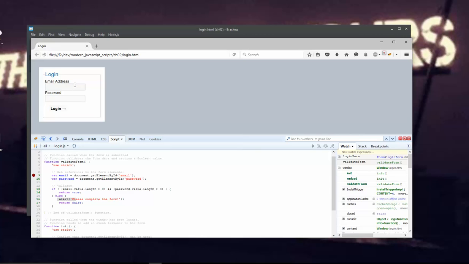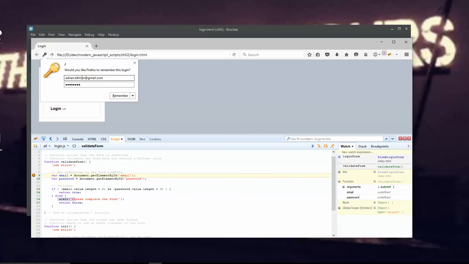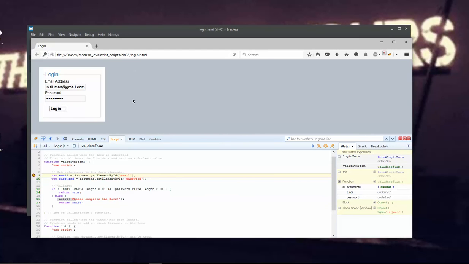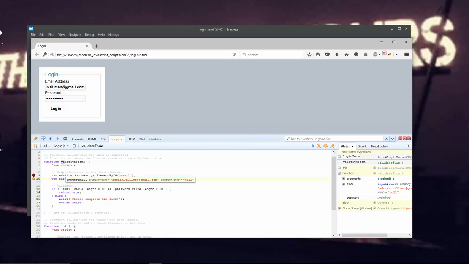Now if I enter a value and click log in, validate form kicked in again. We step over. There's our email object. Notice now the property value has changed. It shows what I typed in there,